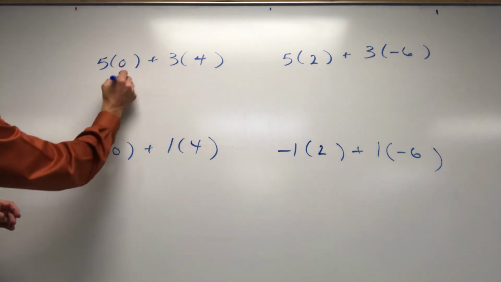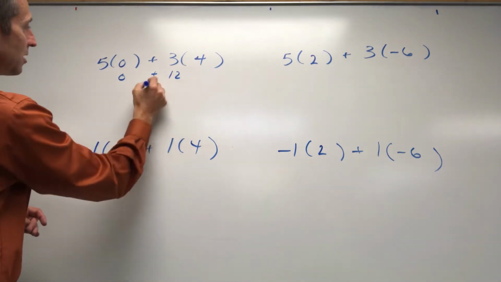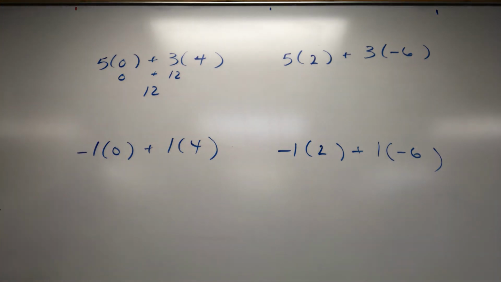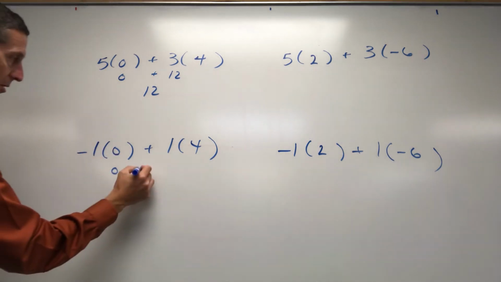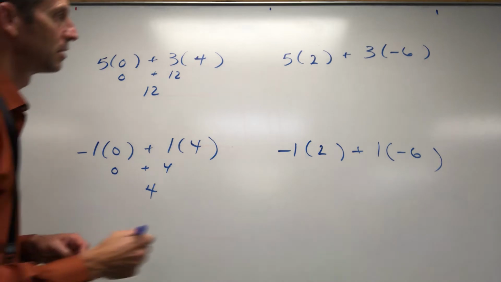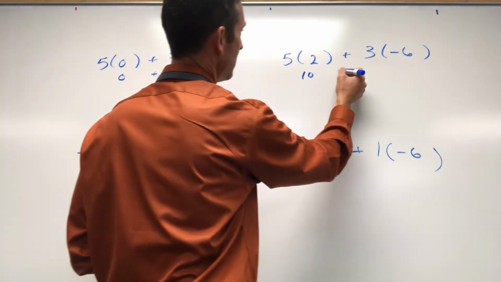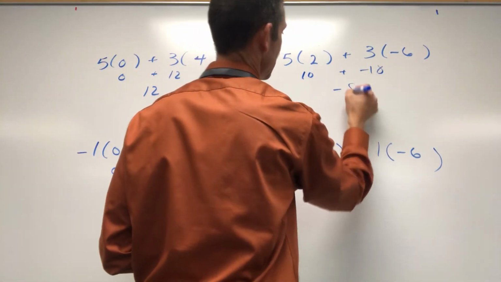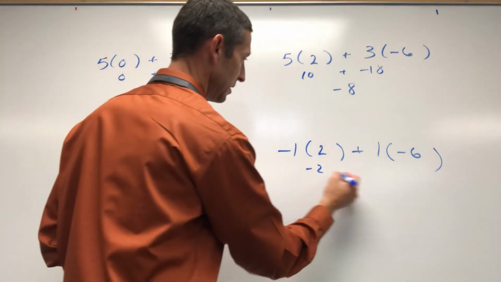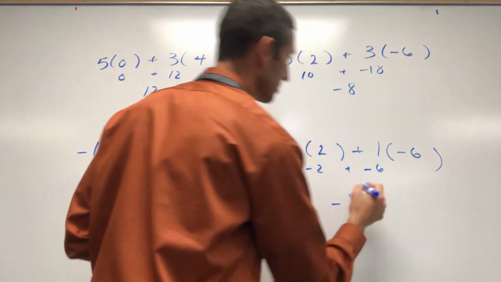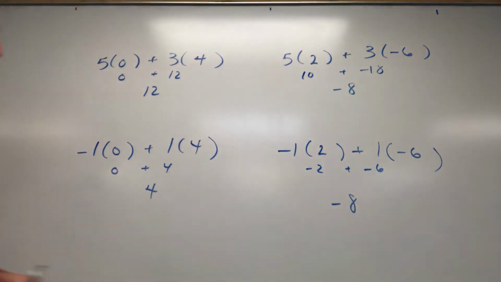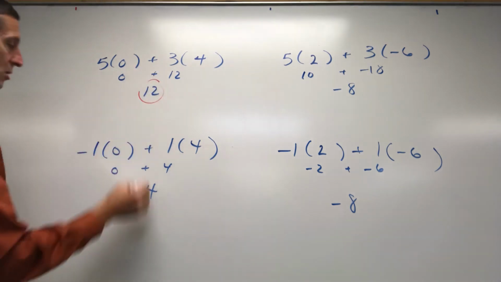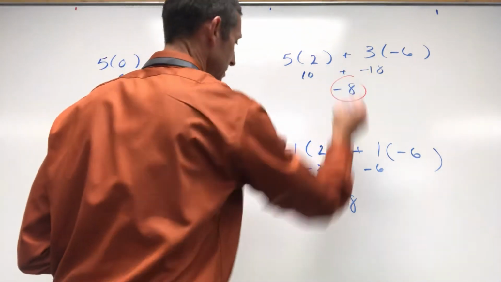Let's see here, 5 times 0, that's 0, plus 12. So your first answer is going to be a 12. Negative, that's 0, plus 4 is 4. 10 plus -18, that's -8. -2 plus -6, that's also -8. So what you're looking at then is you got this 12, you got this 4, you got this -8, and